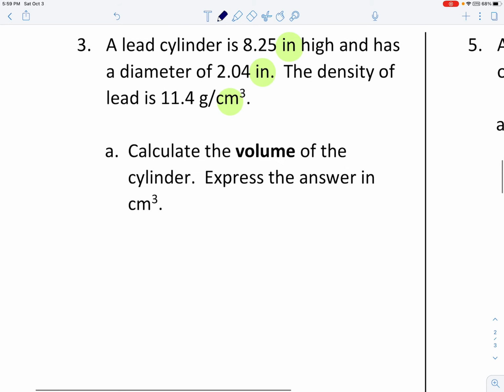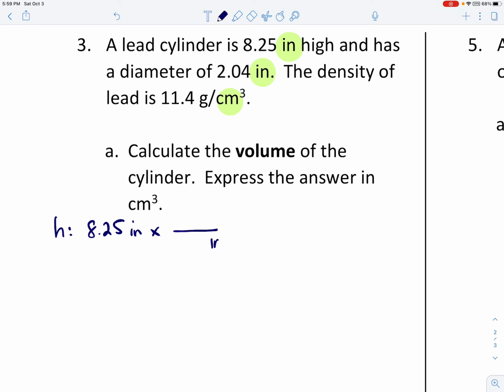Instead, this is a basic math question. If you have a cylinder and you know its height and diameter, can you find the volume? Now it wants the volume in cubic centimeters, so I'm going to just start by converting the two numbers from inches to centimeters. So there's the height,